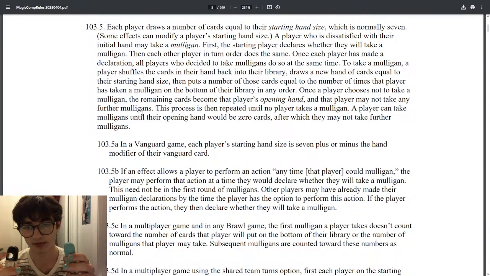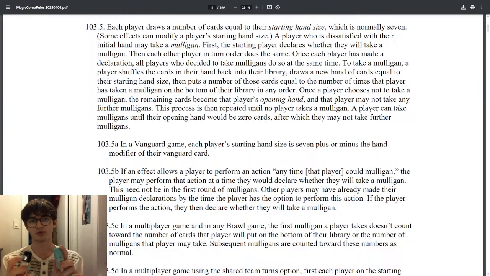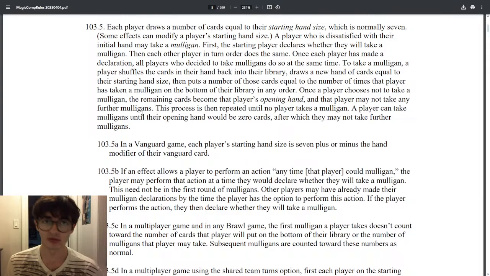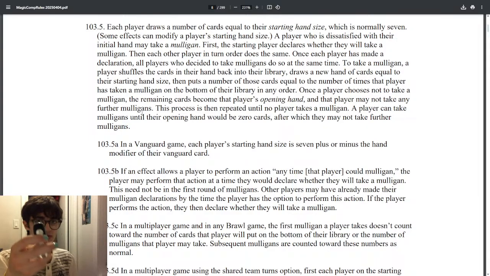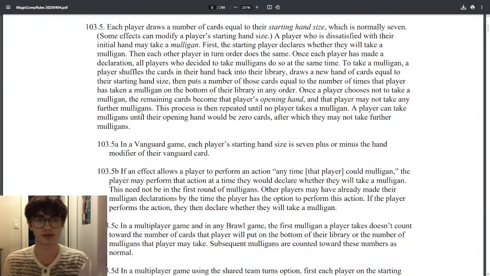Now, Bob says I like my new hand. Fred says I don't. Bob goes, oh wait. Now if you're taking a mulligan, I might as well, because I actually didn't really like it. I was just waiting to see if you did. You don't get to do that. So Bob is stuck with this second hand that he doesn't quite like as much, whereas Fred gets to take a second mulligan, and if Fred likes it, then you're done. If he doesn't, he's probably screwed. He's probably losing the game pretty bad. But that's Magic.